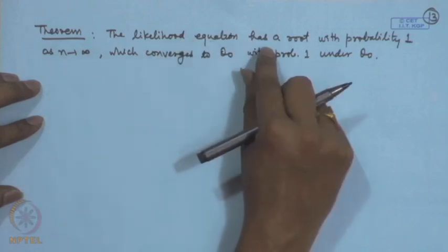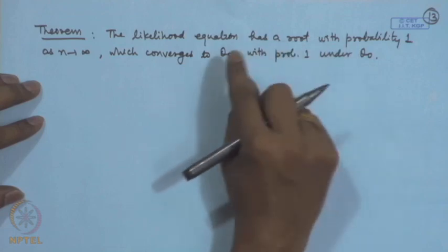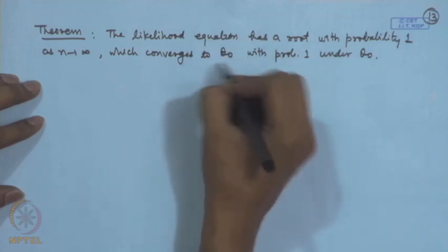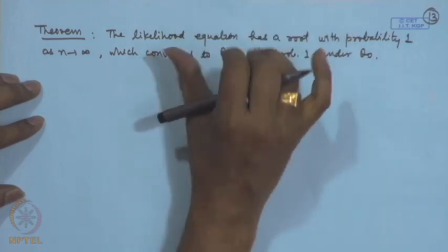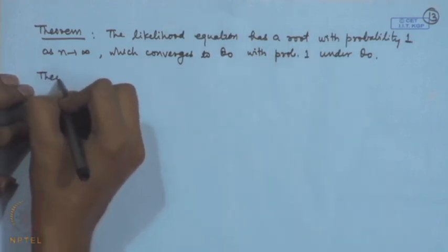So, this says that the likelihood equation has a root with probability 1 and the root converges to theta naught with probability 1. So, this is a very important result, and the second one says